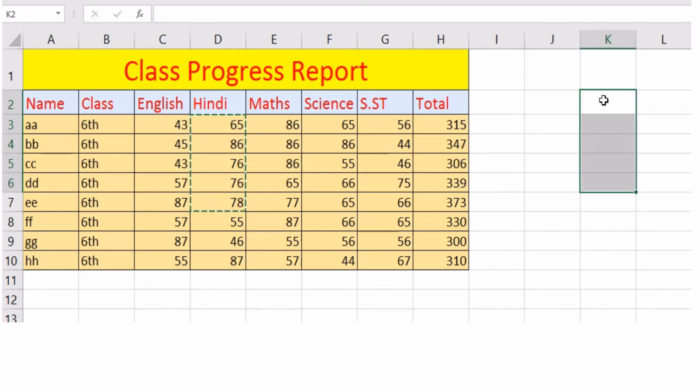Now if you want to copy the data, then again you have to click on that cell which you want to copy. Let me show you. First I am going to select the range of cells, and after that I am pressing Ctrl plus C, and then I am going to click on the new place, and here I am going to press Ctrl plus V. Now you can see the data is at both the places. That means it is copied to the new location.